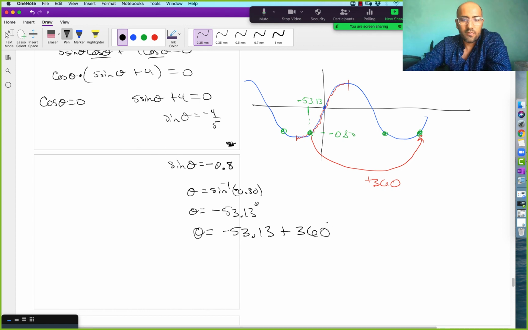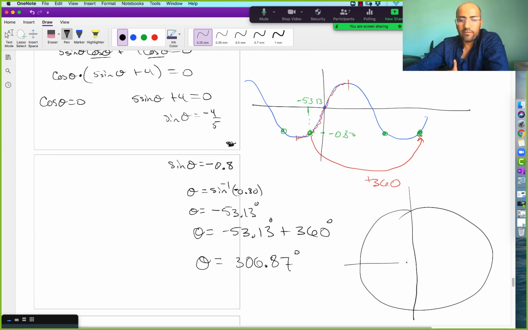Plus 360, so theta equals 306.87 degrees. And that's clearly in quadrant 4, which makes sense, since sine is negative in quadrant 4. But sine is also negative in quadrant 3. So if we think about our unit circle,